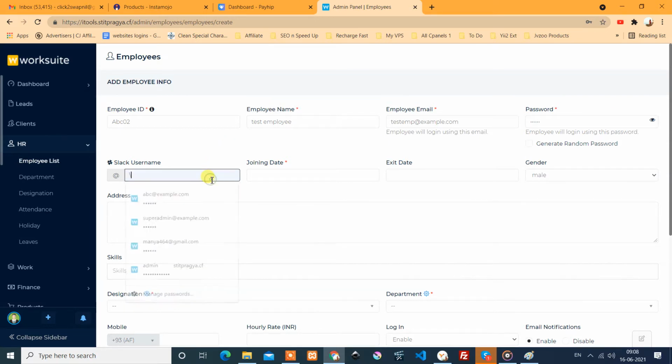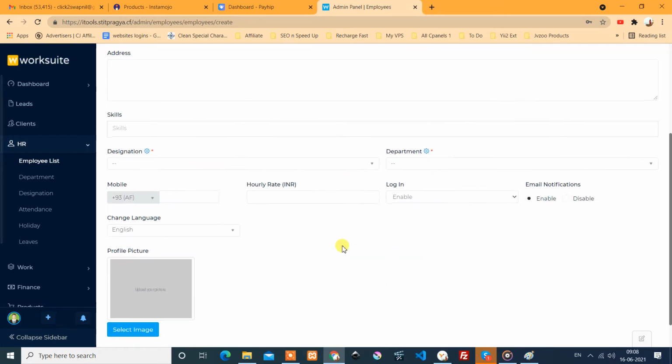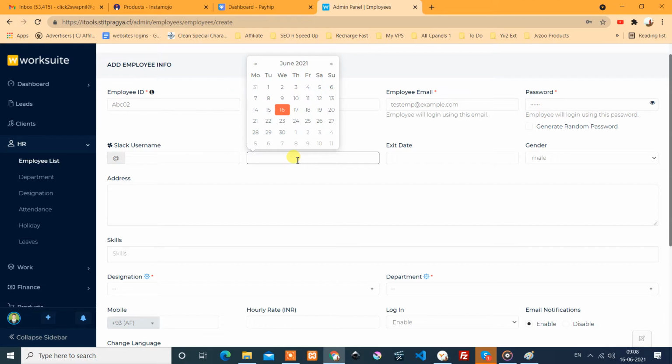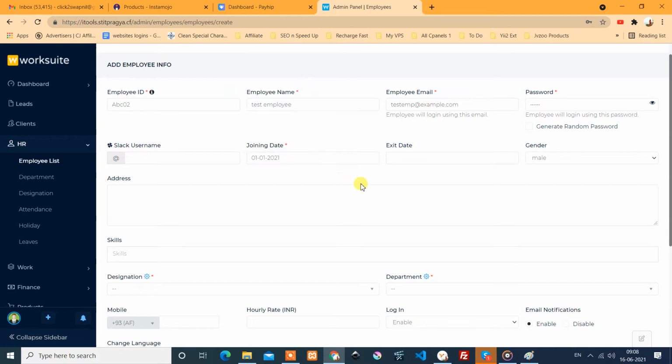Slack username, we don't need it, because this system comes with the Slack integration as explained in its features, but we don't need it. So only the star fields are important. So joining date, let's say joined on 1st January. Okay, exit date is optional.